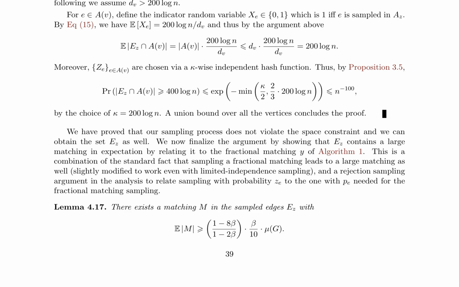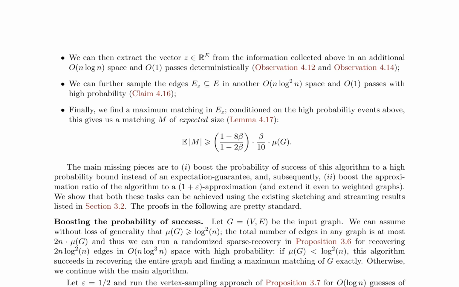This is achieved by defining an assignment y*(e) for each edge e in E, which is supported only on the edges in E_P. The authors then prove that y* can be scaled to become a fractional matching, implying that E_P contains a fractional matching with expected size approximately equal to y.